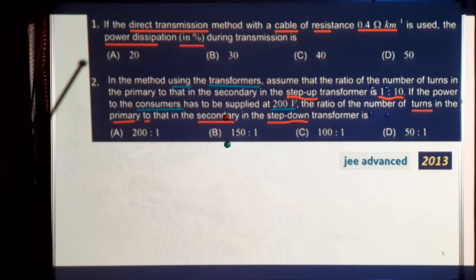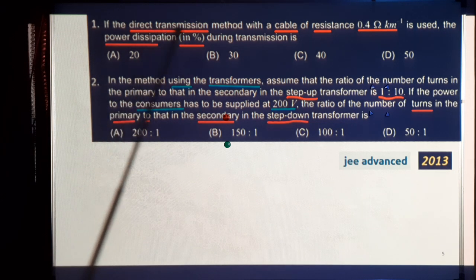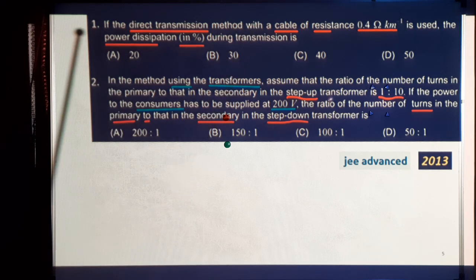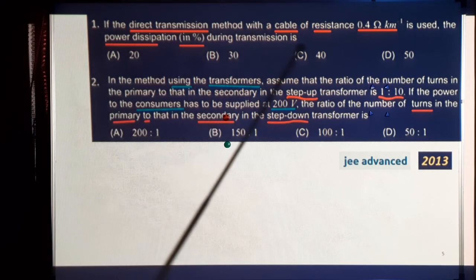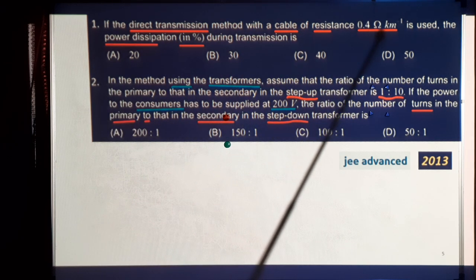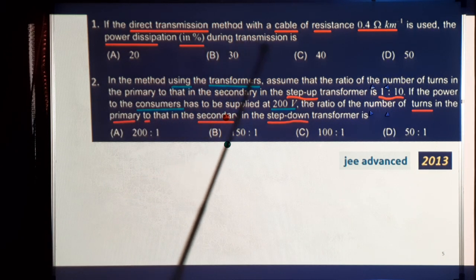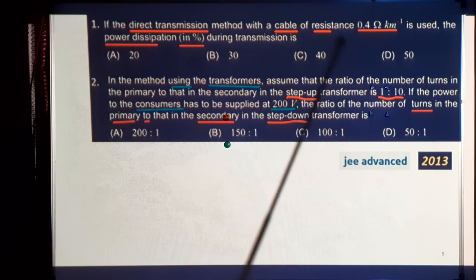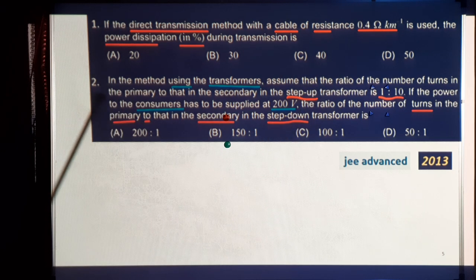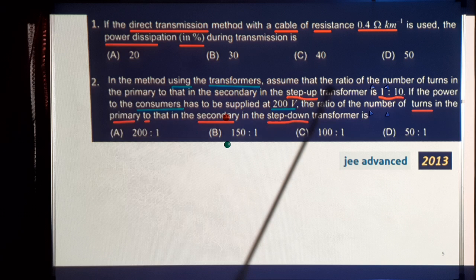The first question: if the power transmission in the direct transmission method with a cable of resistance 0.4 ohm per kilometer is used, the power dissipation in percentage during the transmission is. 4 options are given. Second question: in the method using transformers, assuming that the ratio of the number of turns